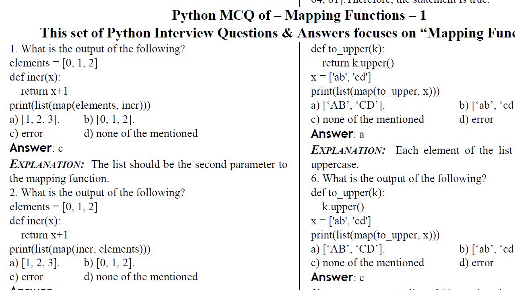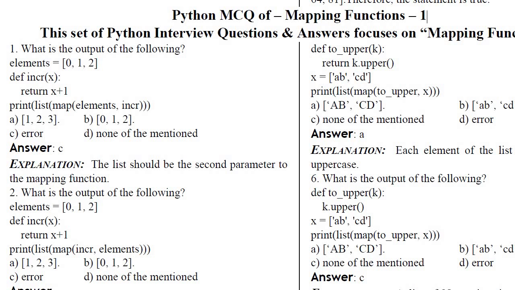Then print list map. Here two functions are used. I told you about the map function, how map will work, in the last video. So if you have confusion about map, you can look at that video. Now print list map element increment. What will be the output?